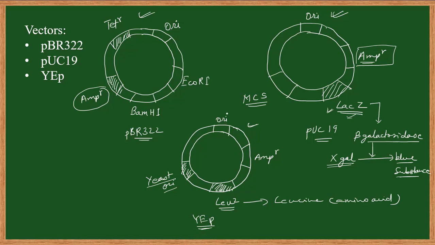Now the third type is YEp. YEp has an origin of replication and the ampicillin resistance gene. If ampicillin is there in the medium, then cells which have the YEp type of vector can survive. These two are for prokaryotic cells and these two are for eukaryotic cells. So here is ORI and the second one is the LEU2 type of selectable marker. So these are three examples of plasmids.